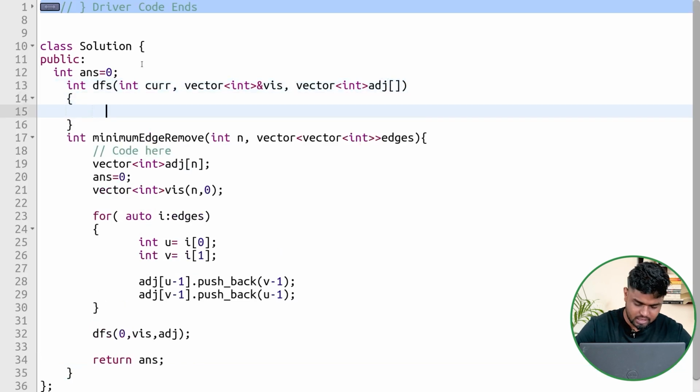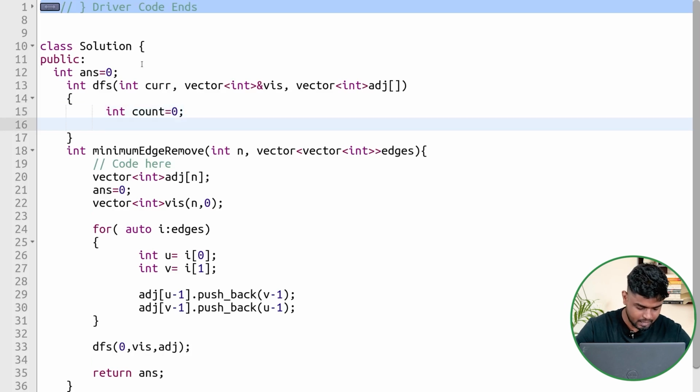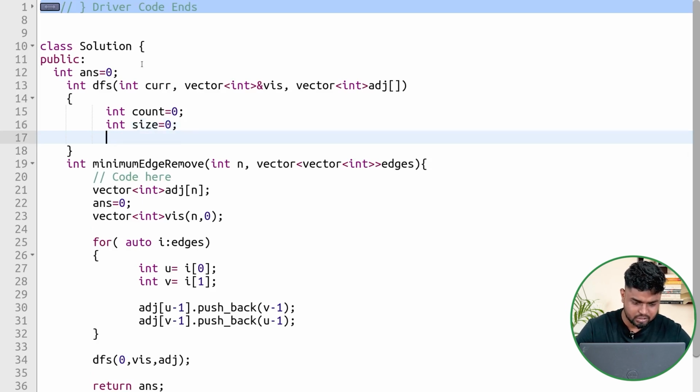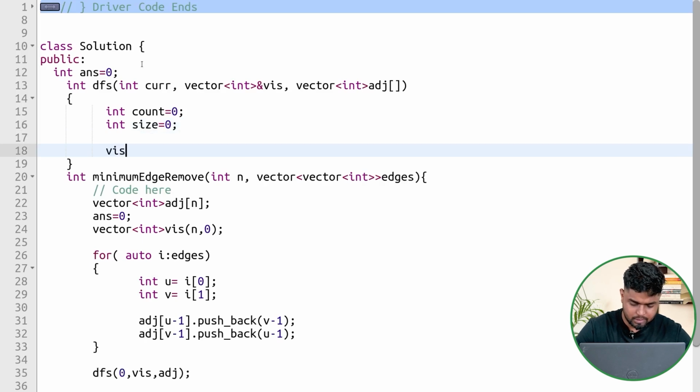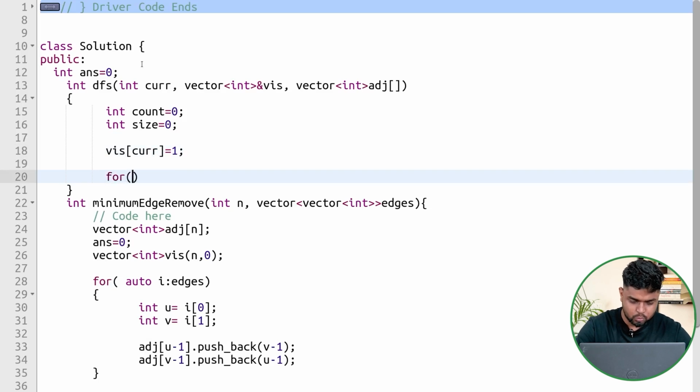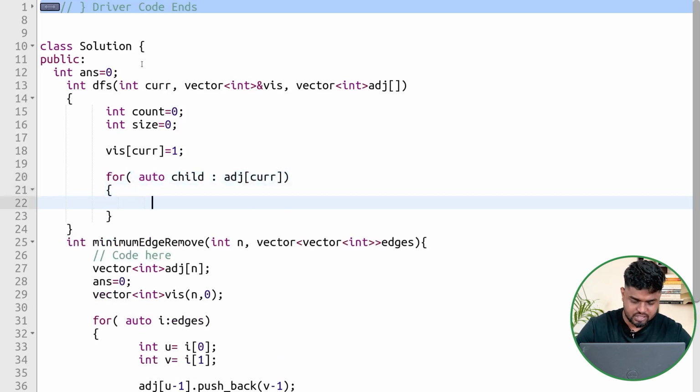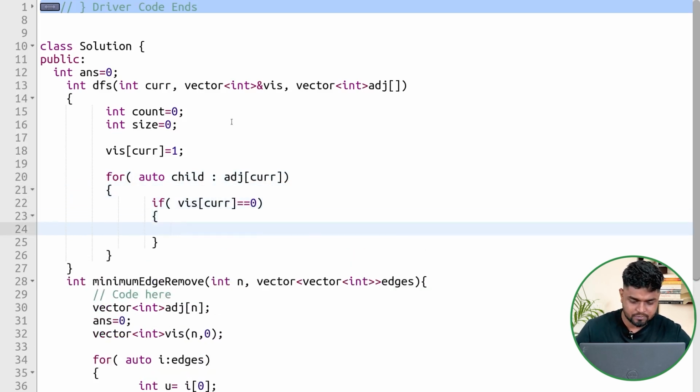Then after this, initially my count of the total number of nodes would be nothing but 0. Then we can say, what will be the size of the subtree? Initially we can mark it as 0. Then you can mark the current node as visited, so you can mark it as 1. Then we can iterate through all the nodes of the current node, so auto child in the adjacency of the current node. I'll iterate through all the children in the adjacency list of the current node, and if the visited of the current child is 0,